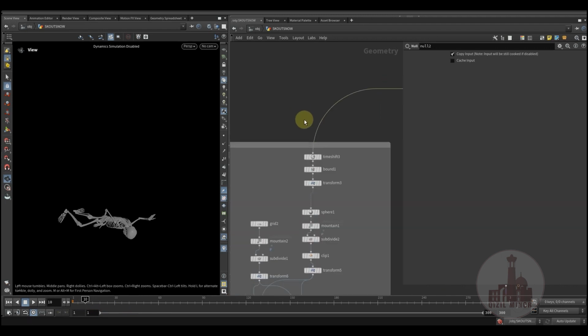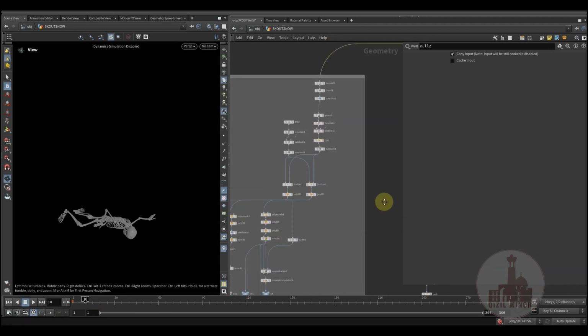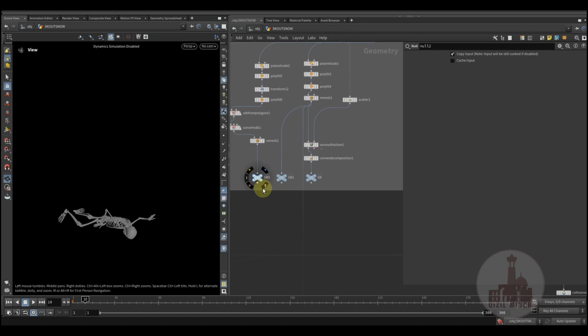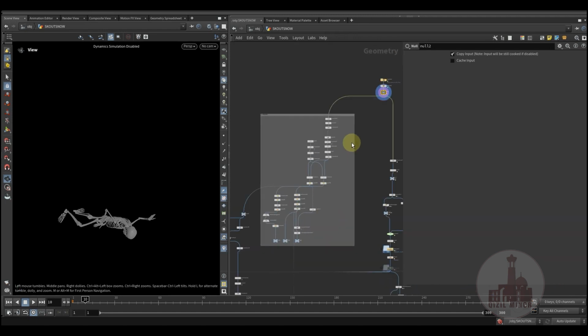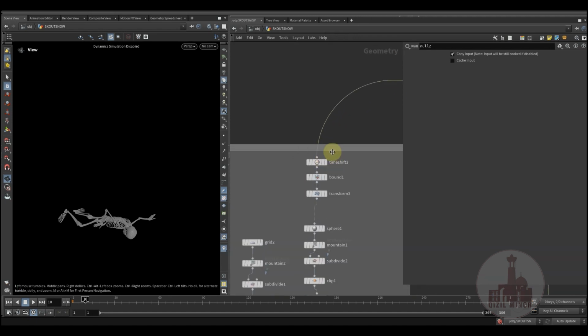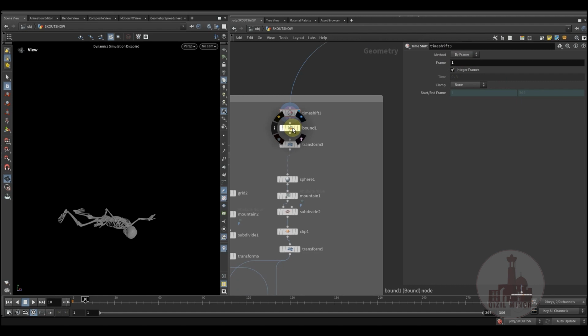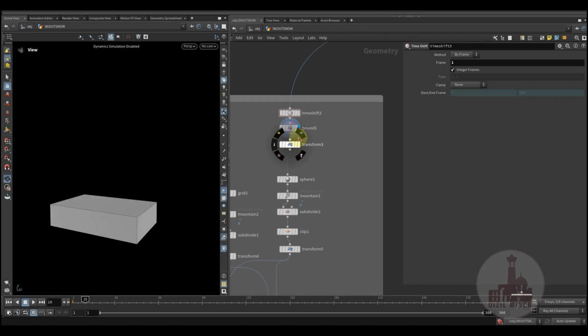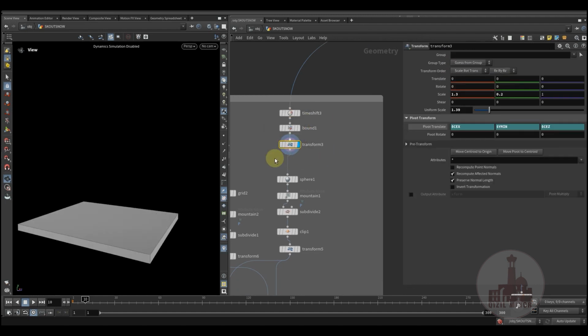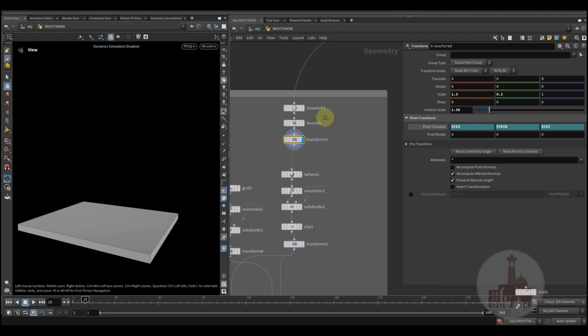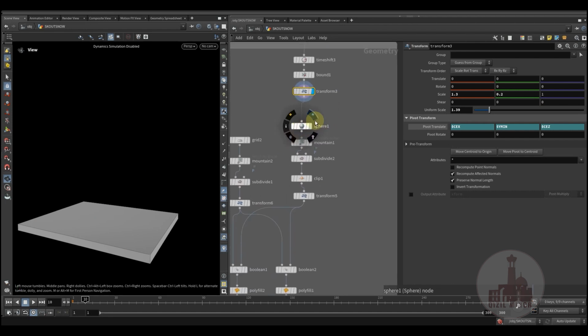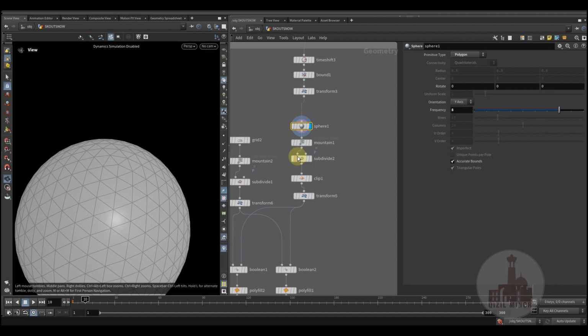Like for example, here I'm creating ground by using this skeleton position. Here I'm freezing my animation and using the bounding box around the character, and then I'm creating a sphere over this character,